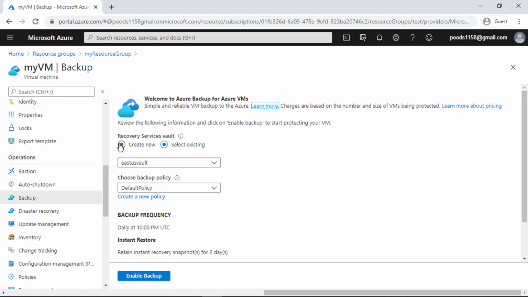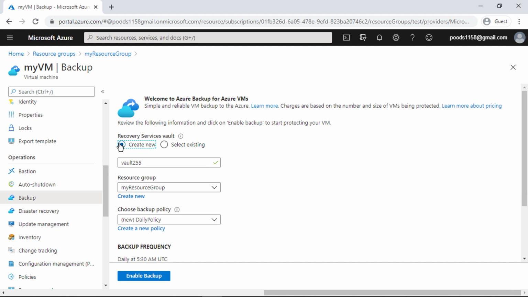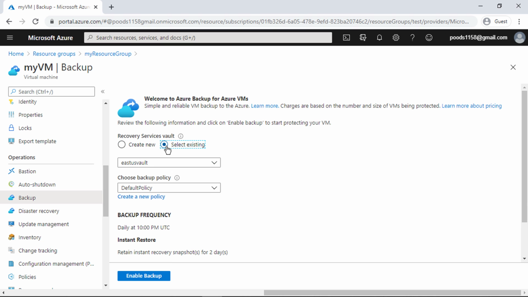Here, either you create a new recovery services vault which will be created by default in the same location of the VM or use an existing one. And within the options, you see only the East US vault in the East US region and not the other one in the West US region. So this indicates that you need to have the recovery services vault in the same region as the VM.